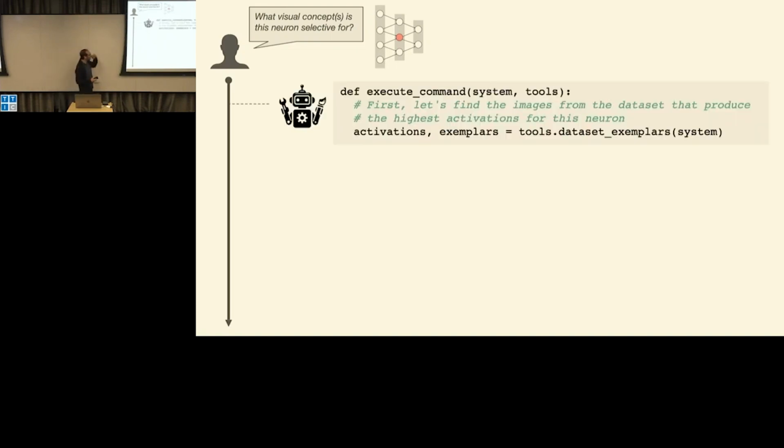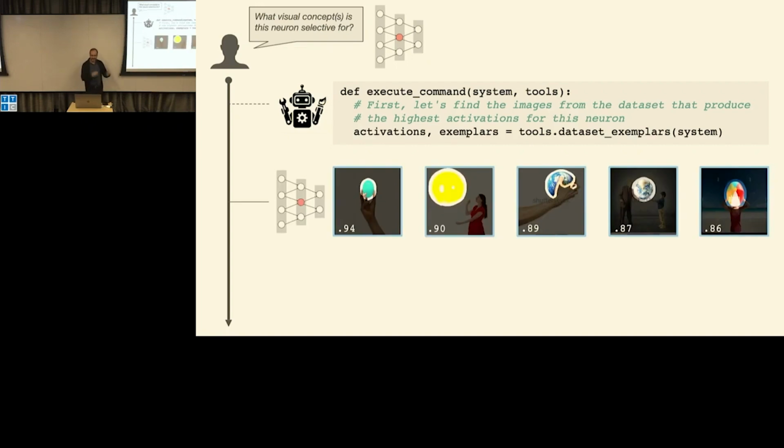So here is some of the code that it starts writing, and it decides that the first thing to do is to run the dataset samplers tool, which is the one that calls a big database, runs through the neural network, and gets the images that most strongly activate that unit. So here there are the 5 images. MAIA actually gets more. What I'm showing here is just a reduced version of the actual experiment, so that it's easy to understand what is going on. So here there are the top 5 images that most strongly activate that unit, the selective region, and it seems to be selecting things that are round.